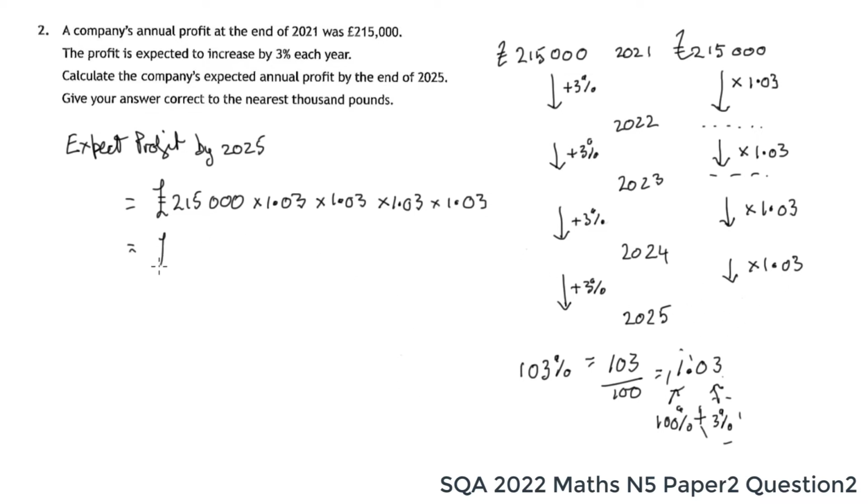So if we look at this, we've got our 215,000, and we've got 1, 2, 3, 4 1.03s multiplied